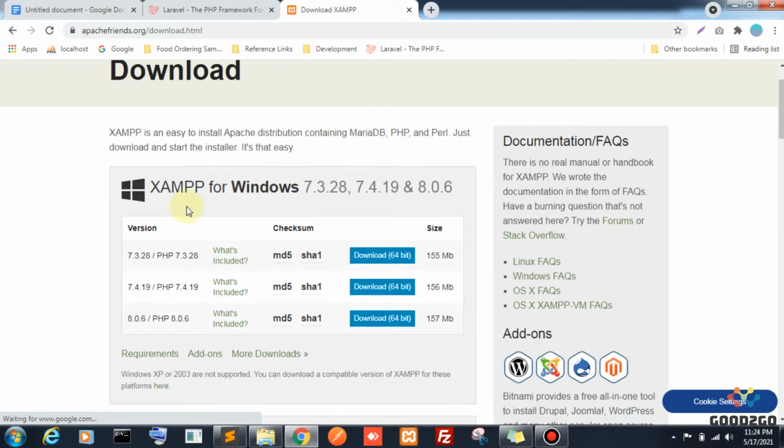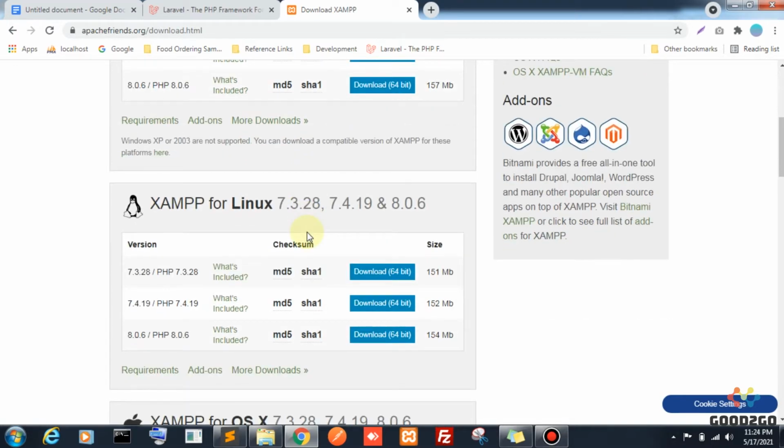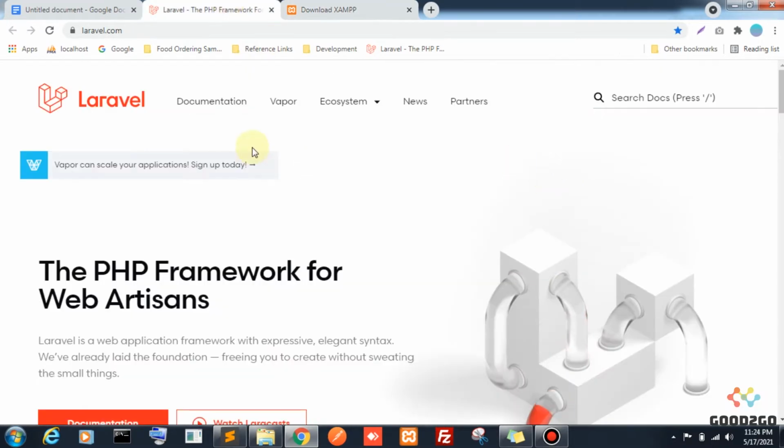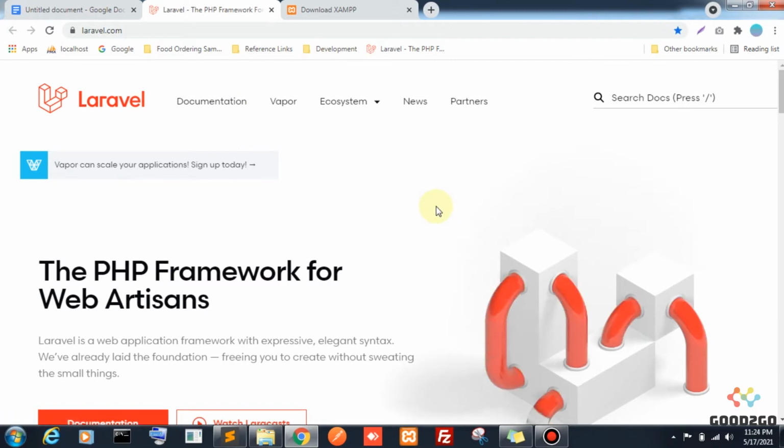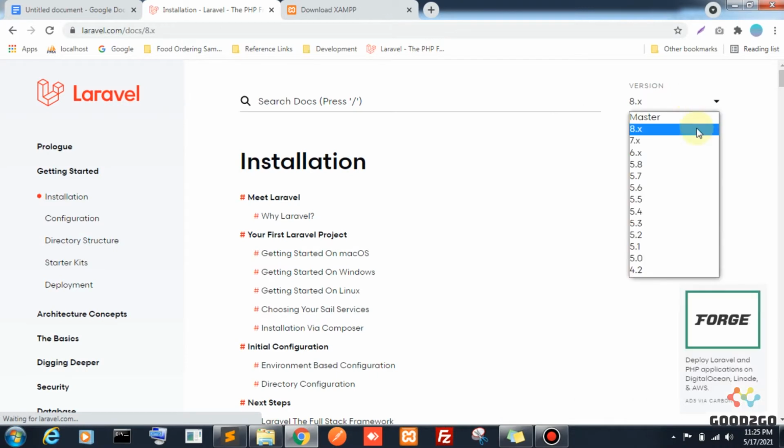Here we can download based on our requirements. In my previous video I said we are going to take Laravel 5.8, the stable version. So first we need to know the required PHP version for 5.8. Here at laravel.com, entering the documentation section, the version is a must.